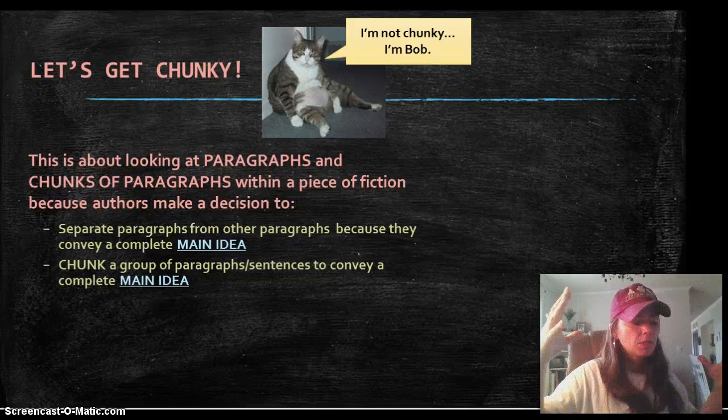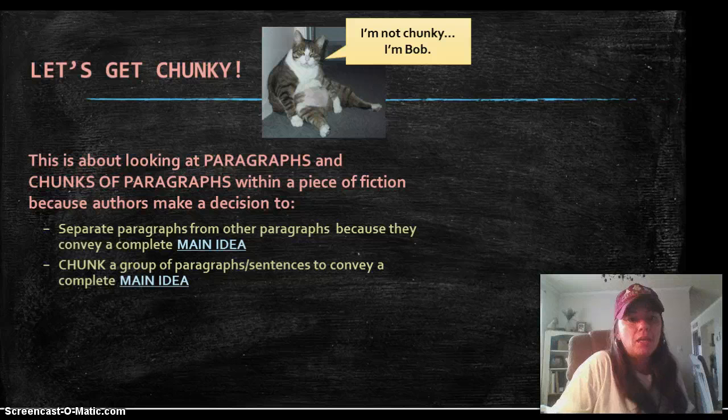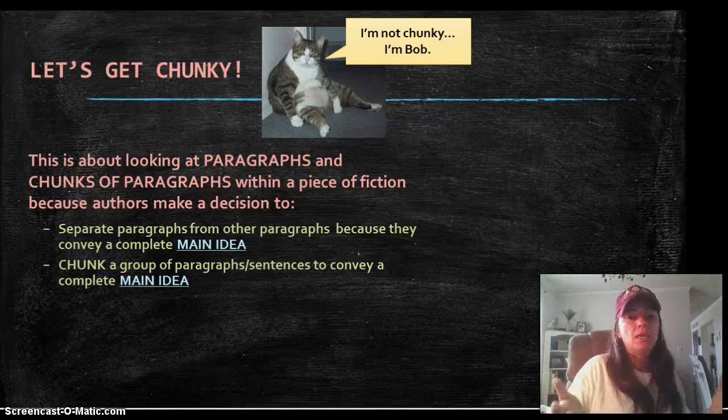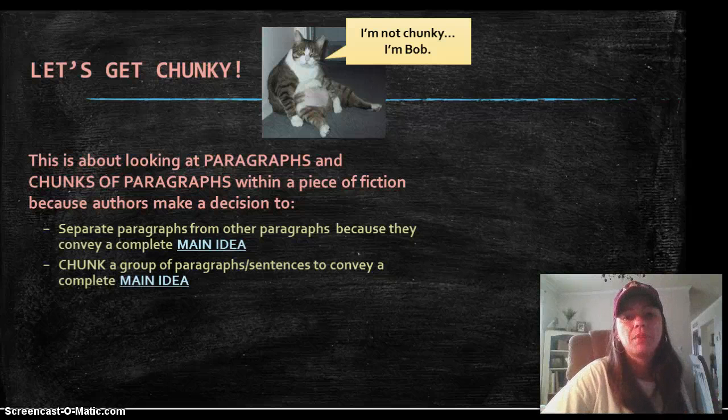What does that mean? Well, it means we have this big, huge passage or 2 paragraphs like we just read, and there's a point to it. The author makes sure that he's making a point through his characters. And then the last one we saw, the big main idea, the big point was David is upset. Sometimes fathers are upset because of divorces. That's the big main idea. But sometimes authors include paragraphs within their own big piece that also has a main idea.